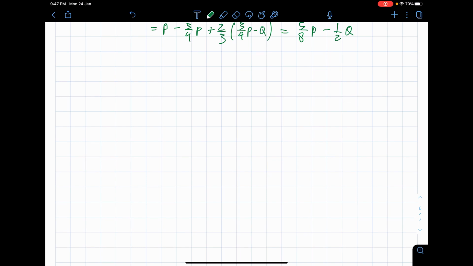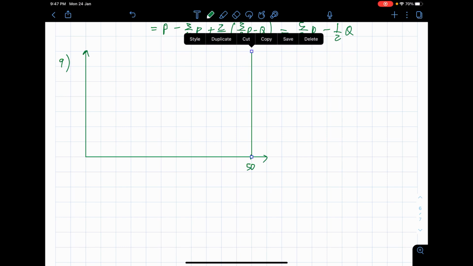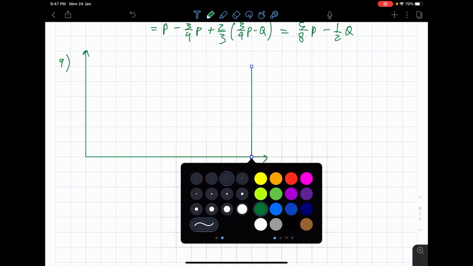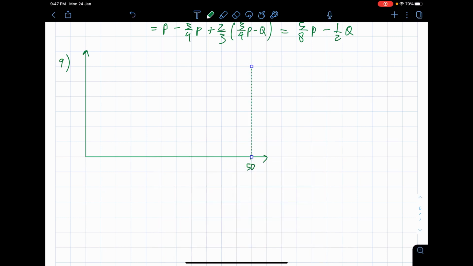Okay, next question, question 9. This question here is very difficult for me to solve because I really can't draw it as nicely as what the question is giving you. So I just draw an example of how it looks like. Endpoint is 50. Let's just put a line over here, and I'll just put this as a dot. Then I'm going to put some kind of a line that looks like this. And the top number is 500, so all the way to 500.